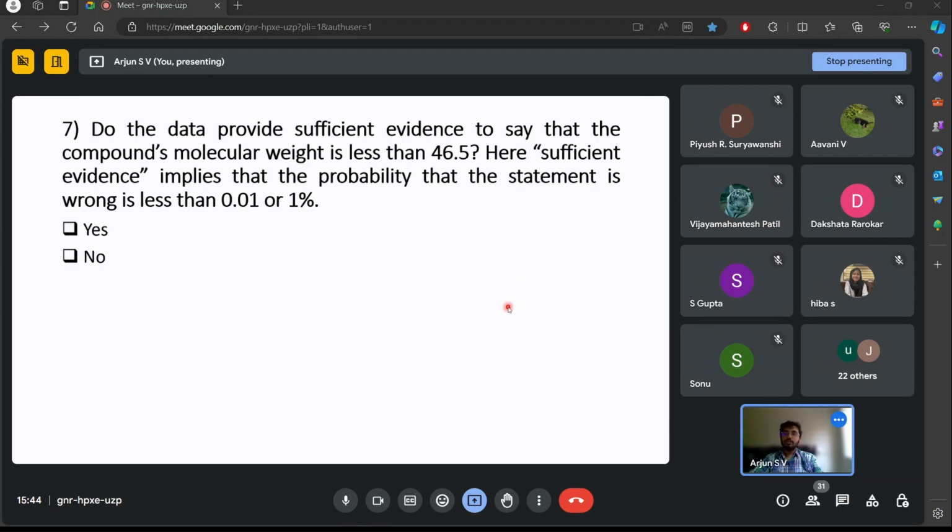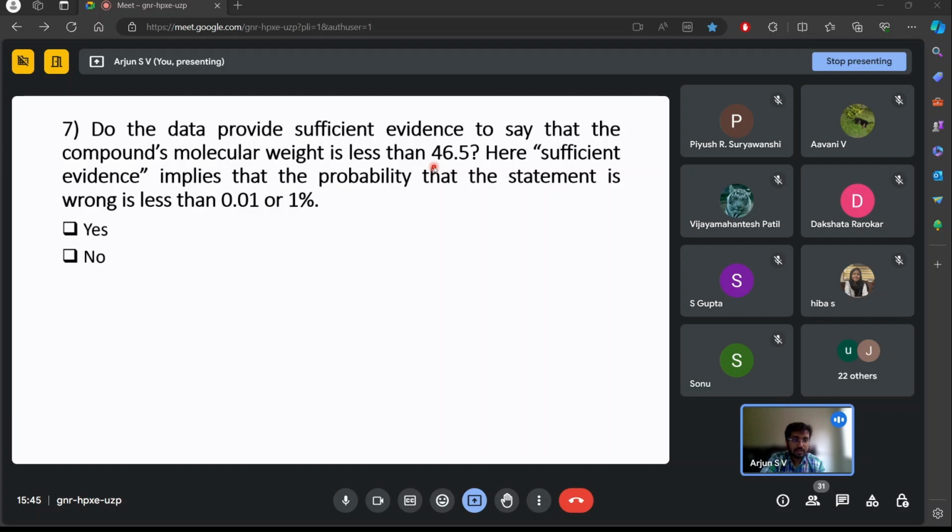Do the data provide sufficient evidence to say that the compound's molecular weight is less than 46.5? Here, sufficient evidence implies that the probability that the statement is wrong is less than 0.01 or 1%. We already know the mean of the compound from the previous questions, and they are asking whether the molecular weight will be less than 46.5 with a higher confidence interval. And since we have 10